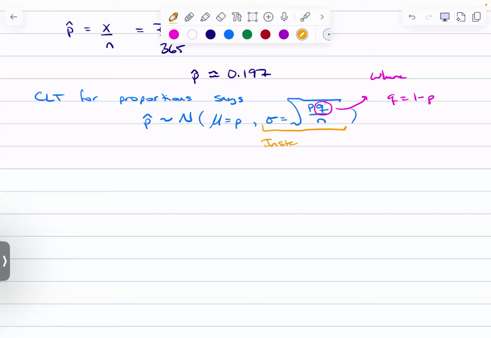Instead of sigma, we call this the standard error